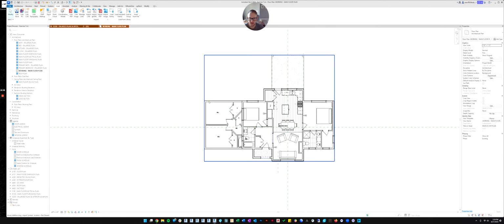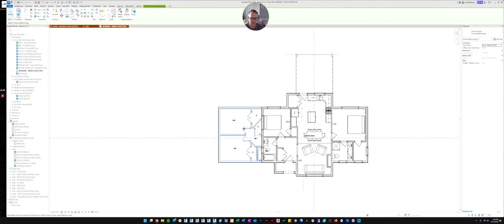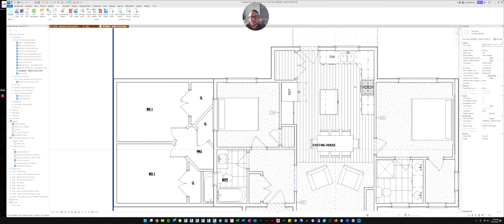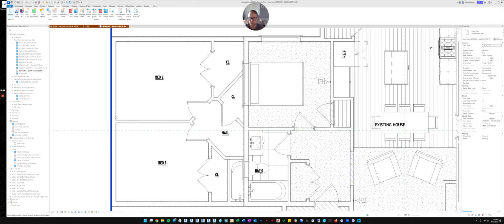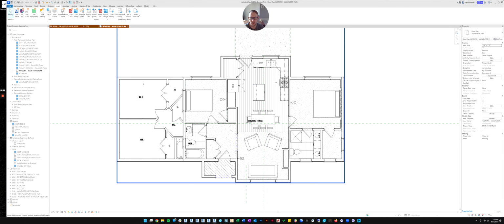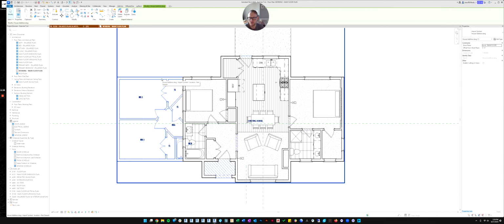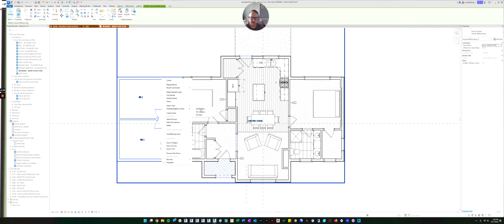Okay, so now you can see there's my CAD file and then here's my model. The only problem is this is a little confusing to look at, especially once we start modeling. It's really confusing that our CAD file looks exactly like our model elements. So something you can do is click on the CAD file and right click. Do you remember our override graphics in view command? It's right under the hide in view. There's an override view. I can override this element, or I can override the whole category of elements, but I'm just going to override this one element.